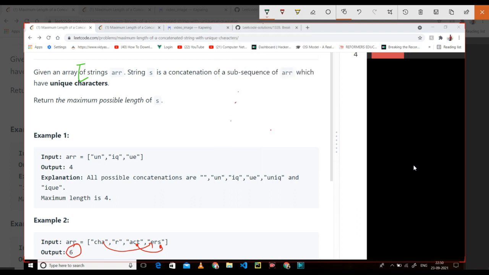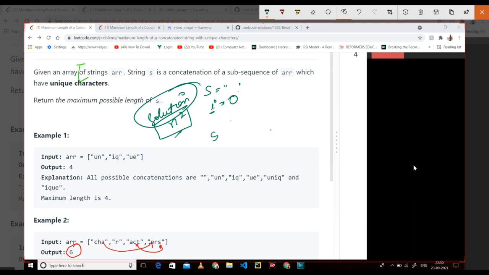We will start with an empty string s, and i starting from 0. We will use an n square solution because the constraint is very small.